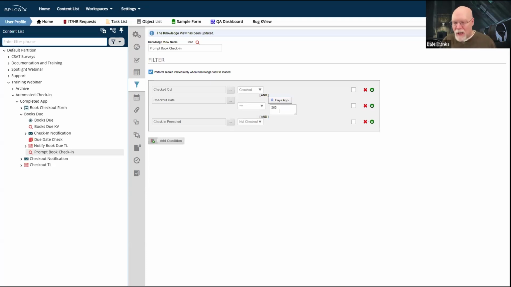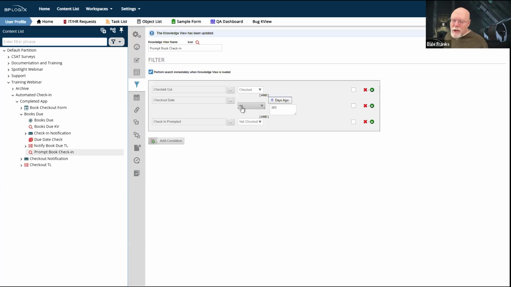That's not what this does. It returns a specific date, January 16th, 2024, and I am using the less than or equal to operator because this book is due if the due date is less than, or earlier than, or equal to January 16th, 2024.